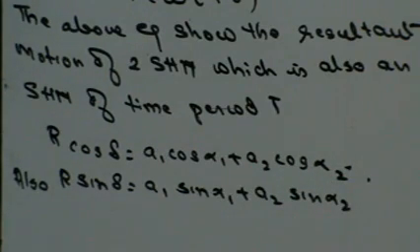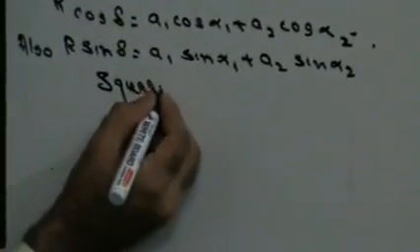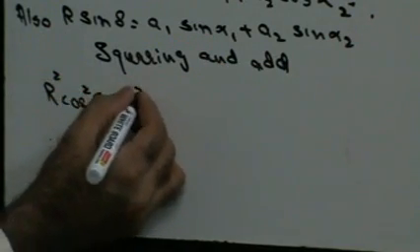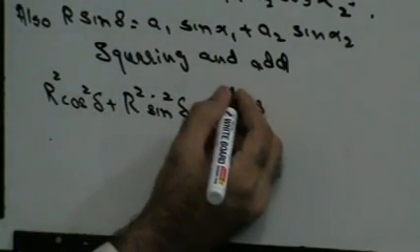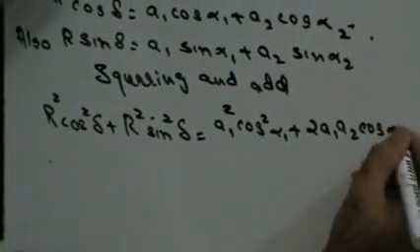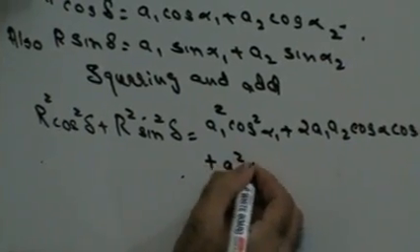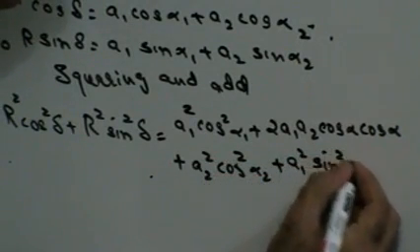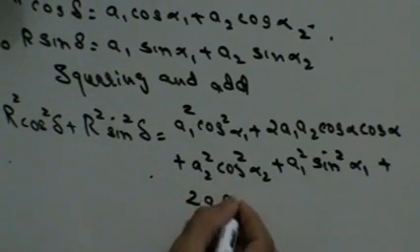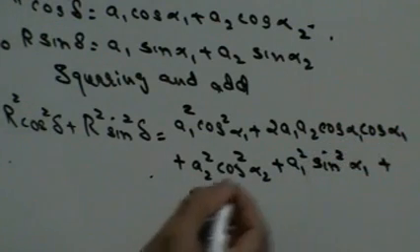Square both the sides and add them. So in that case, you will get R square cos square delta plus R square sin square delta is equal to A1 square cos square alpha 1 plus twice A1 A2 cos alpha 1 cos alpha 2 plus A2 square cos square alpha 2 plus A1 square sin square alpha 1 plus twice A1 A2